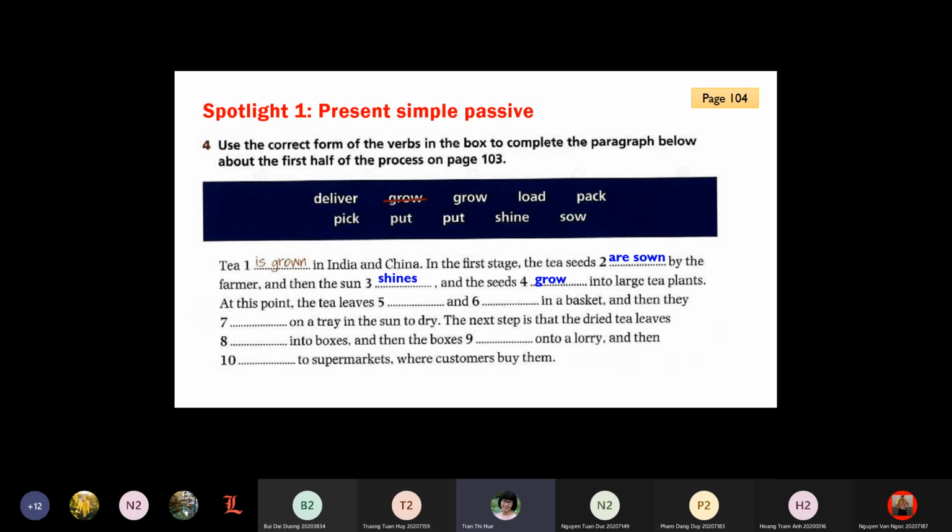Hạt phát triển thành các cây trà lớn. Rồi làm sao nữa các bạn? Yeah. Khi mà cây trà lớn rồi thì người ta làm thế nào để có trà? Pick it. Okay. Picked, not picked. Picked. Yeah. The tea leaves are picked. Lá trà được hái and